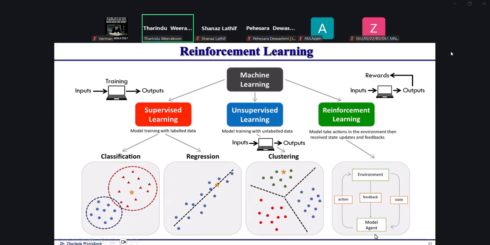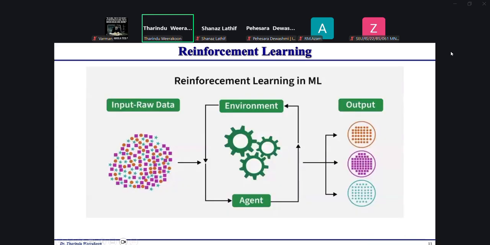The agent is the robot, for example, and there is a rewarding system. Rewards are given based on the action taken or executed. Likewise, the algorithm will be trained, a bit different from the other two learning techniques.